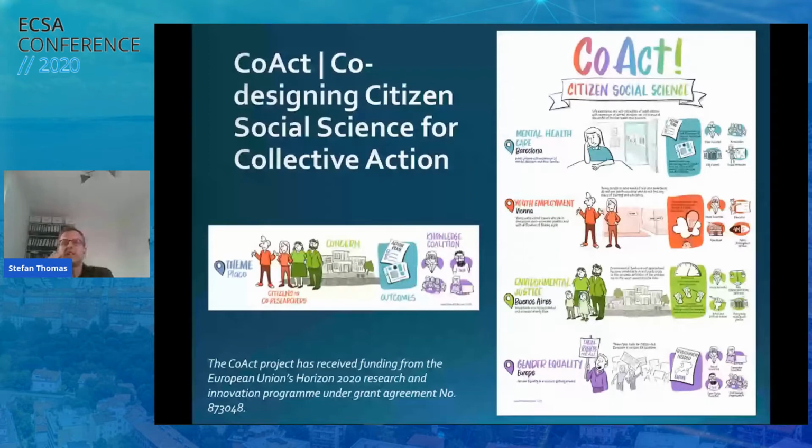Then we have research in Buenos Aires, where we want to approach the topic of gender equality by inviting different people engaged in gender equality topics, and then invite them to conduct their research together with our support throughout Europe. So that is a very brief introduction into the COACT project as one approach to elaborate on